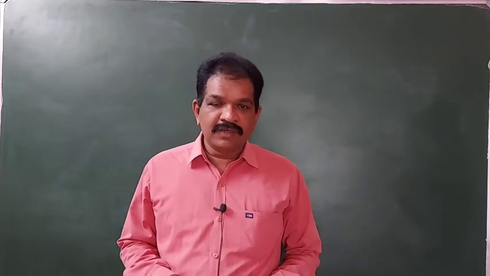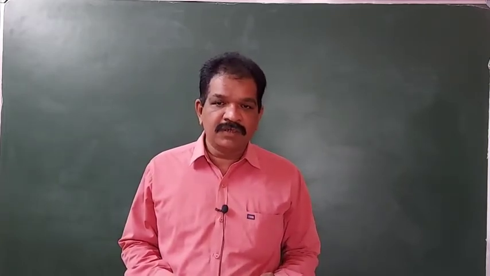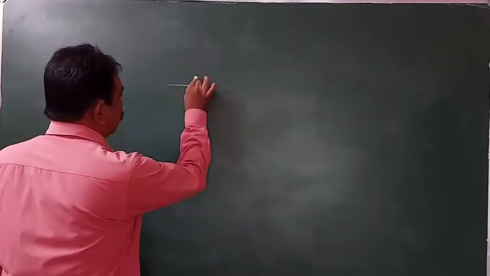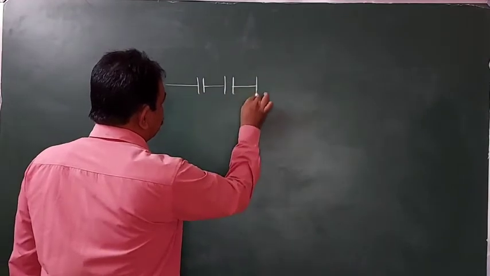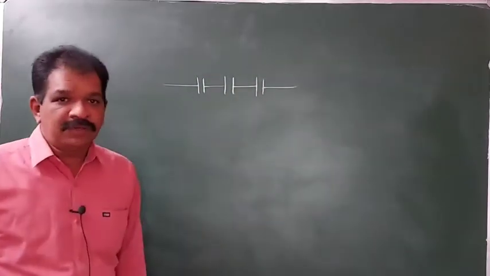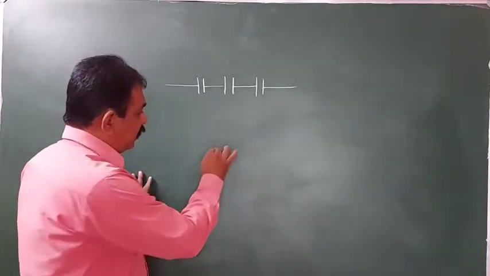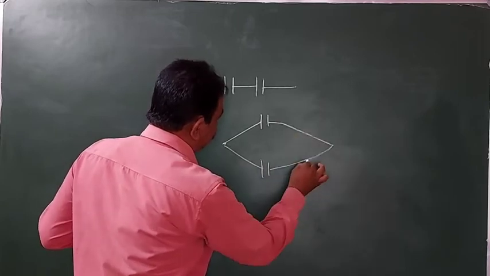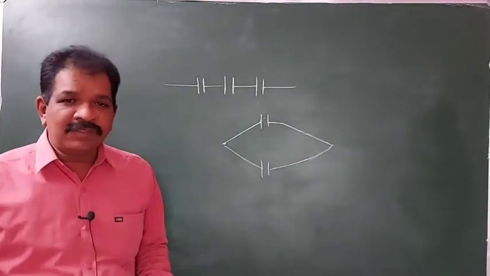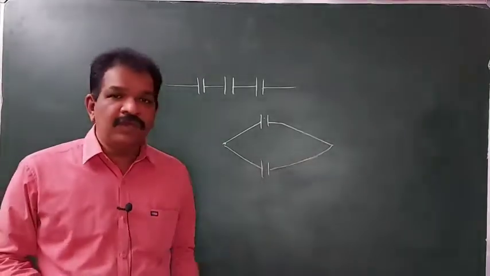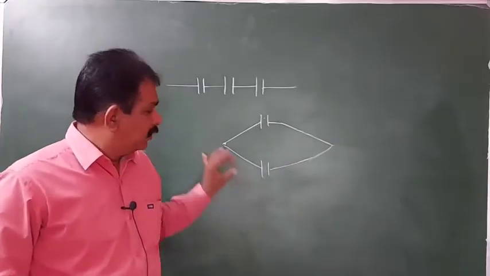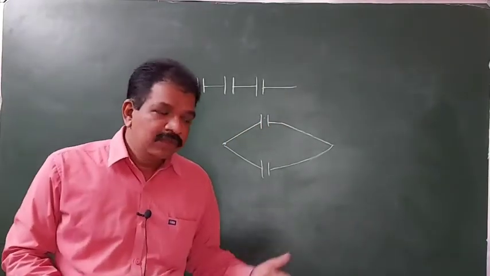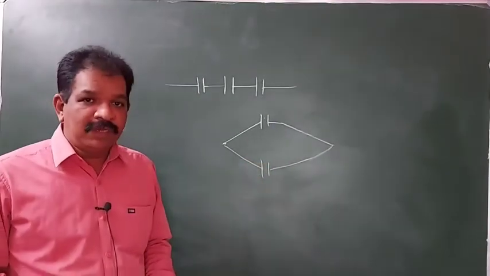Mainly two types of connections will be there. One will be series combination, another will be parallel combination. If the capacitors are connected like this, we can say this combination is a series combination. Charge divides at some point, and that charge will meet at another point, then the capacitors between those two points will be in parallel. Simple only. Charge will divide at some point, that charge will meet at some point. The capacitors in between them will be in parallel.